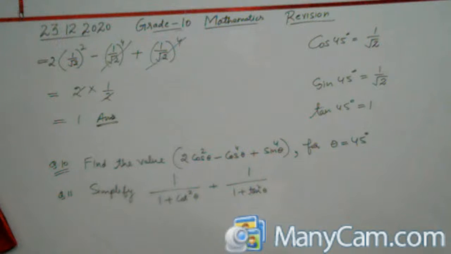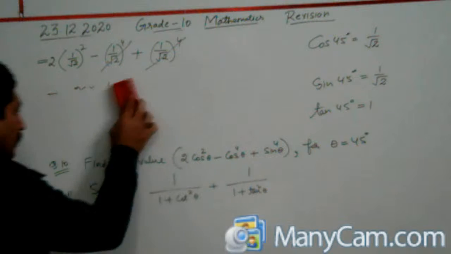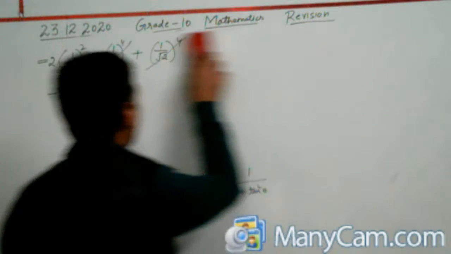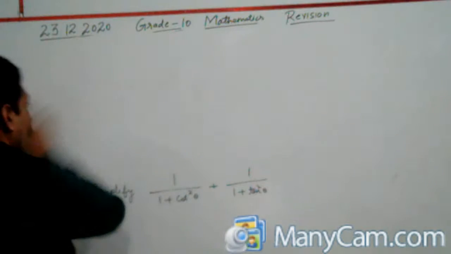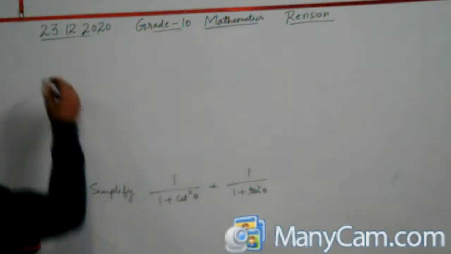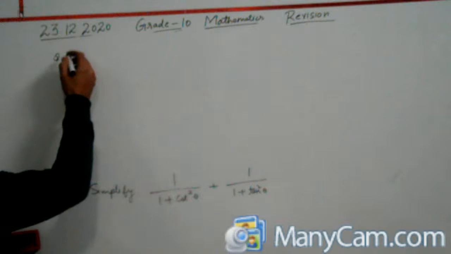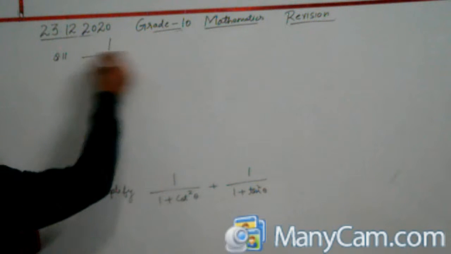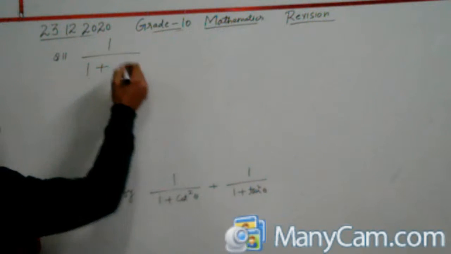So next one, that is, simplify 1 upon 1 plus cotangent square theta plus 1 upon 1 plus tangent square theta. Question number 11 here is 1 upon 1 plus cotangent